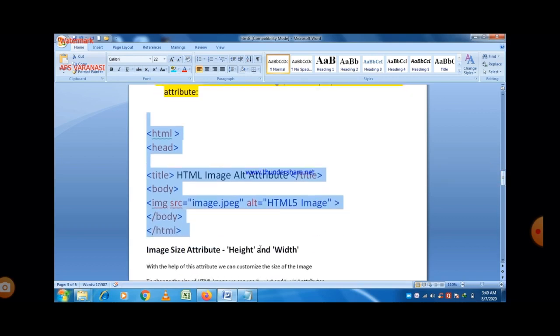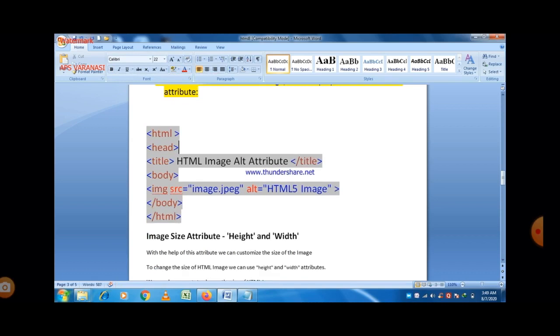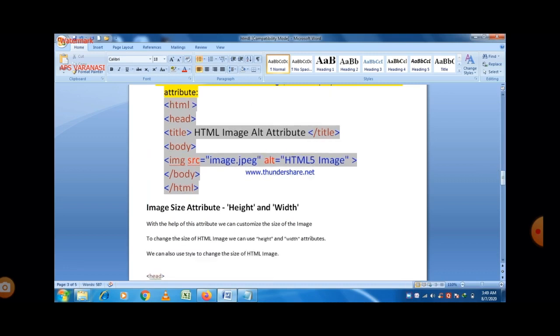You can easily see here the name of the image is image.jpg, and there is a message printed with ALT, HTML5 image. So if the image is not found or there is an error in the URL, then the HTML5 image message will be printed.